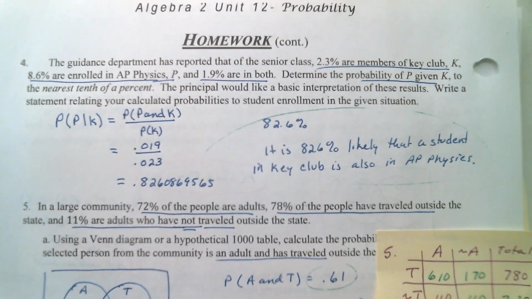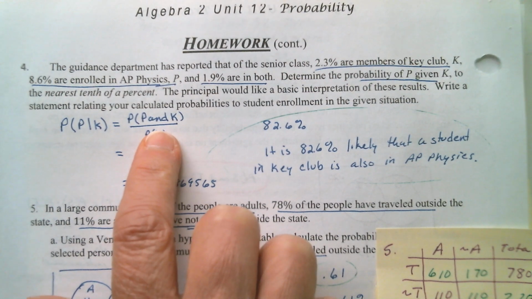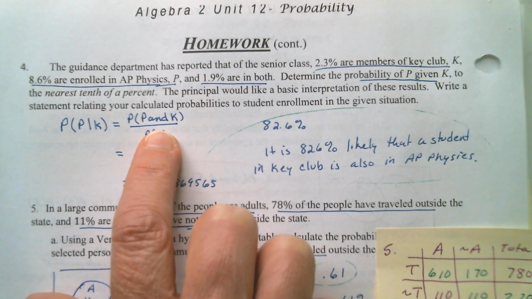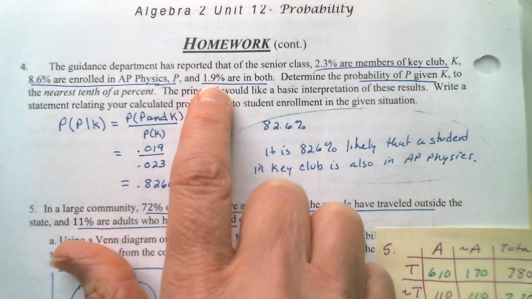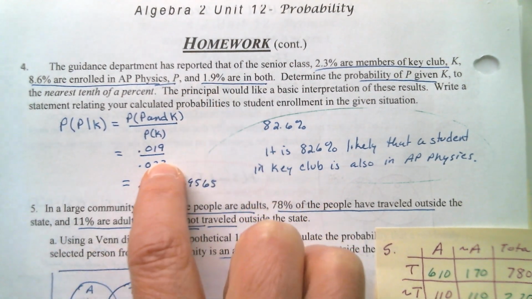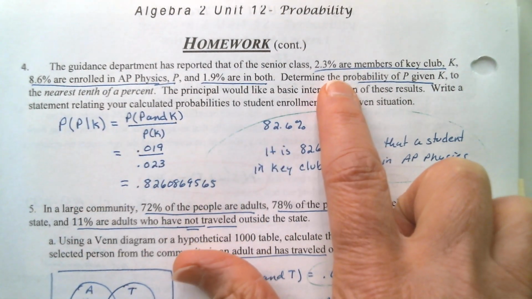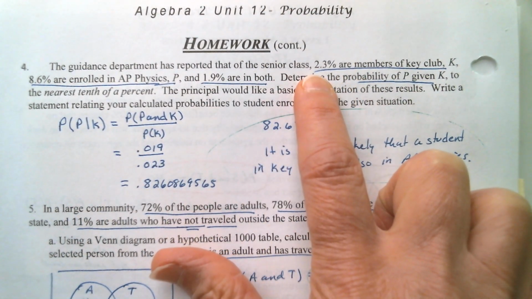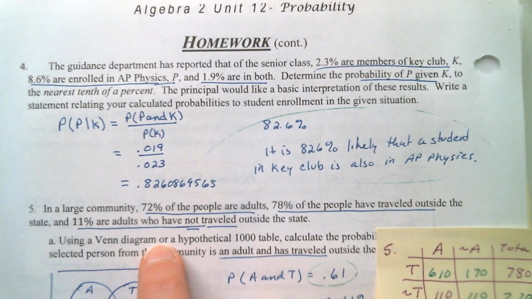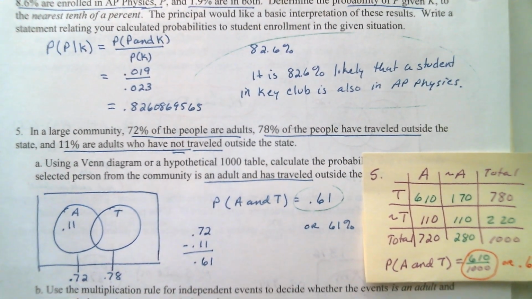Number 4, again, probability of P given K came out to be that. So it's a probability of P and K, which was the 0.019 that was in both, over the probability of K, which was the 0.023, changing the percent to decimal. Number 5,